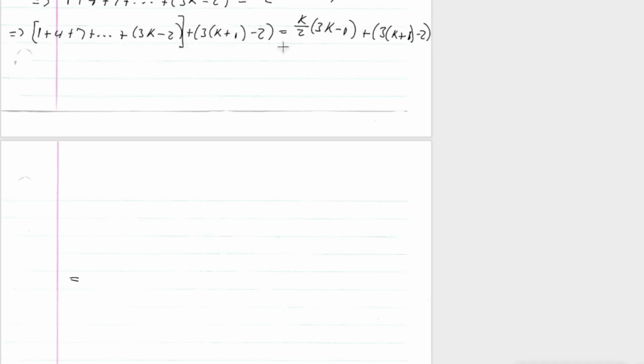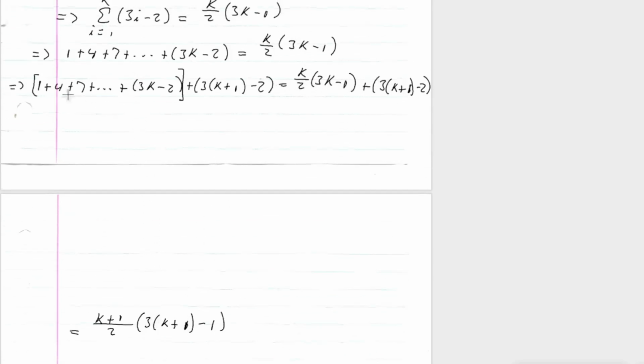If I can show that this side is equal to k plus 1 over 2 times 3 times k plus 1 minus 1, then I've shown that the sum of the first k plus 1 terms of the series is equal to this formula, which is what I want to do. All right, so